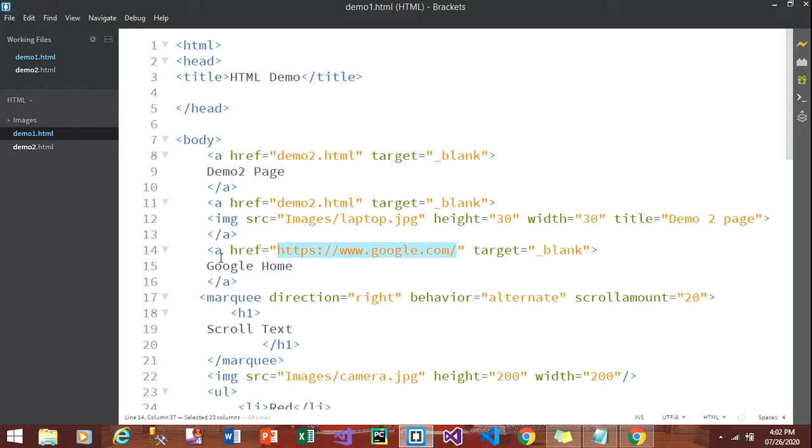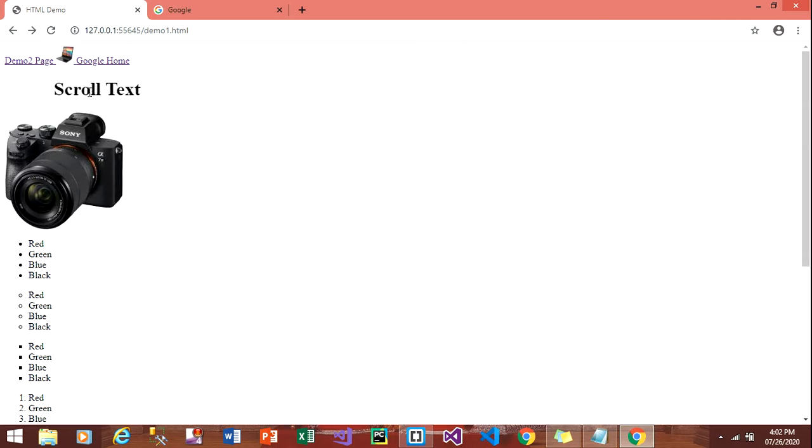So these are the various ways of writing the anchor tag. You can navigate to a page or any URL, you can use text, you can use an image. If you're using an image, please use a title attribute so that when the user places the cursor onto your image, it will show some help text, that is demo 2 page.